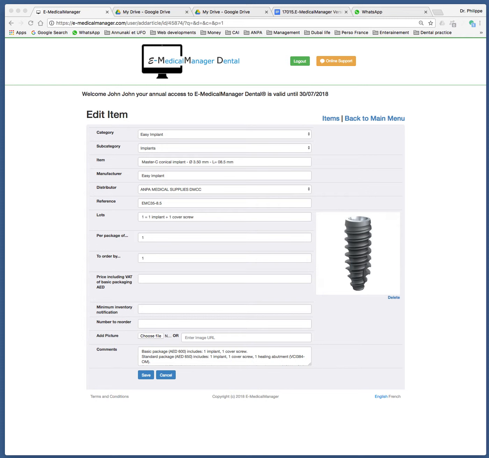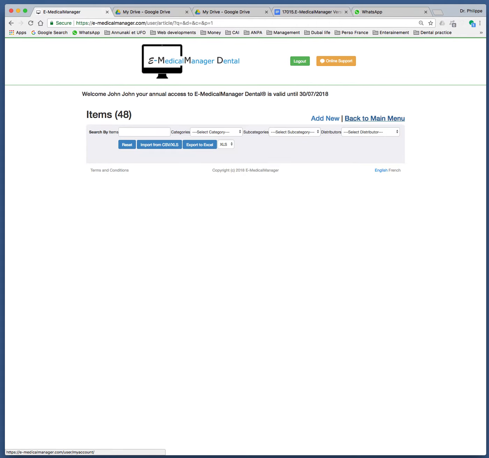It's a Master C conical implant, and I write here 1 equals 1 implant plus a cover screw. So this is the description of the package. And we order one package by one package, and we order by one. One will give the number of lines you have when you receive the items. So I prepare the item like this, I save it,